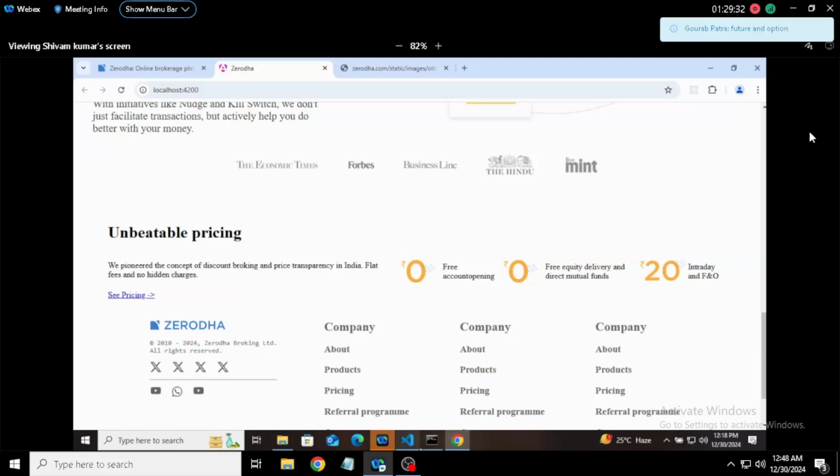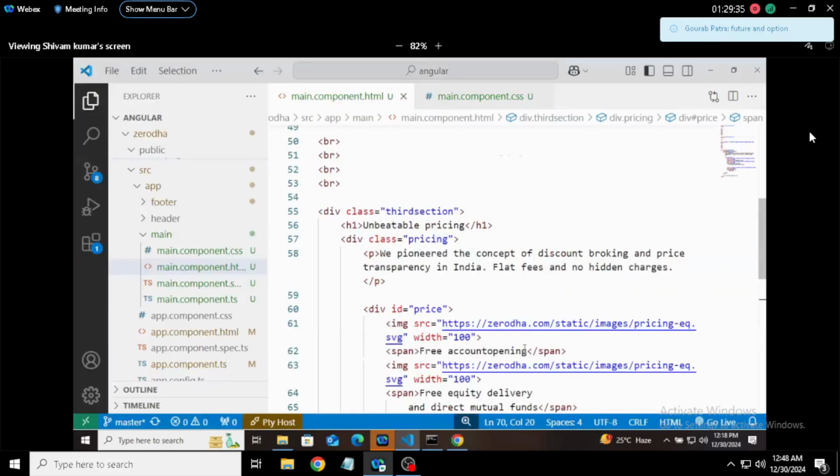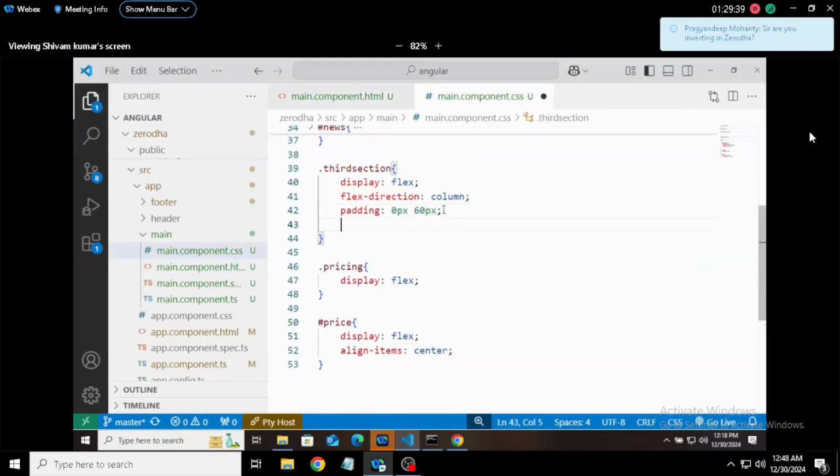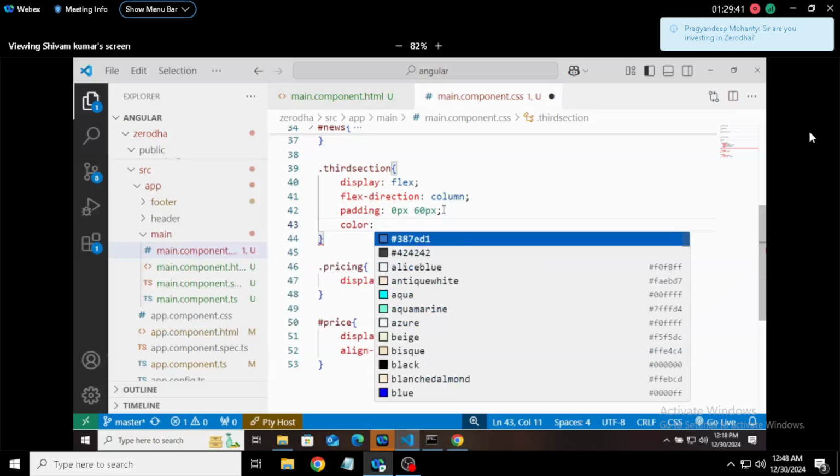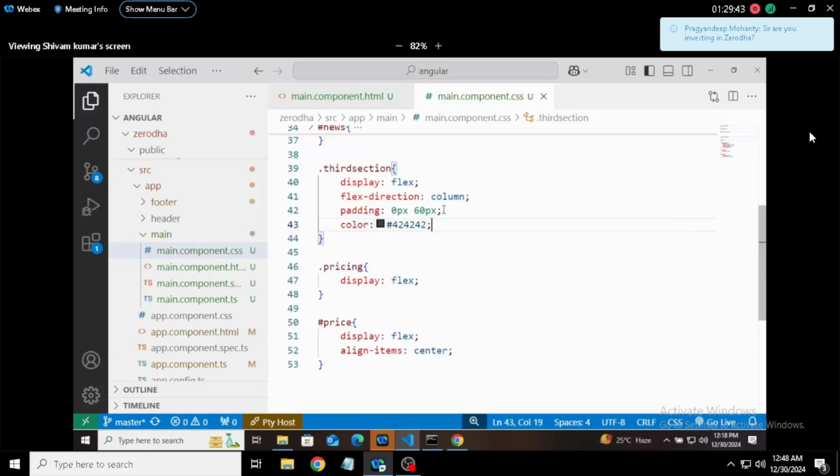So at first, who is the parent? Color. The third section is the parent. Color, the same color I will give, 424242, that we are using in our